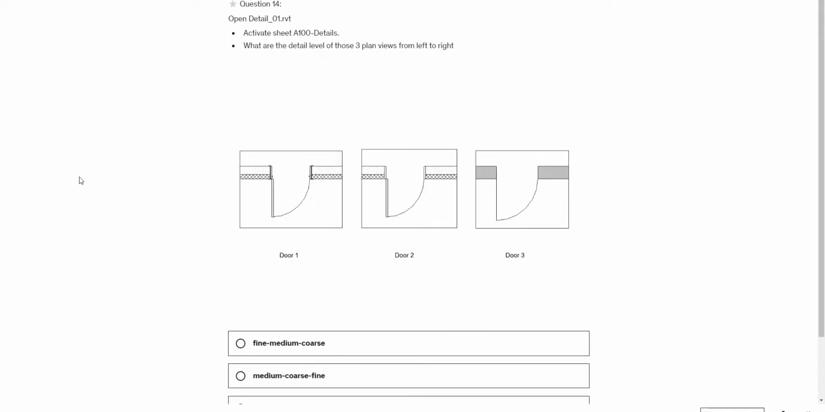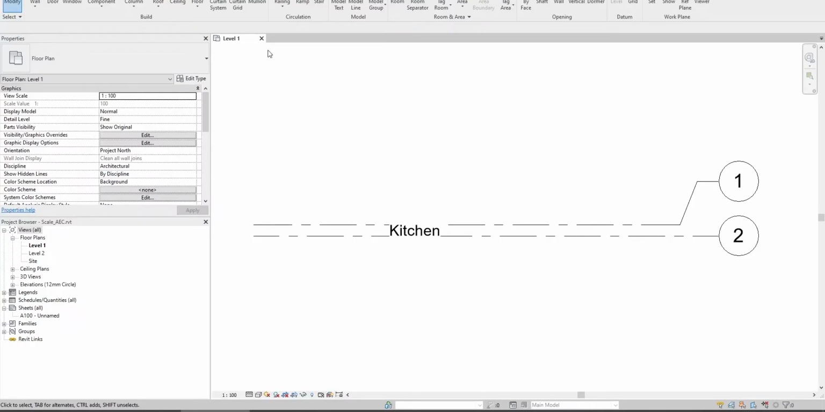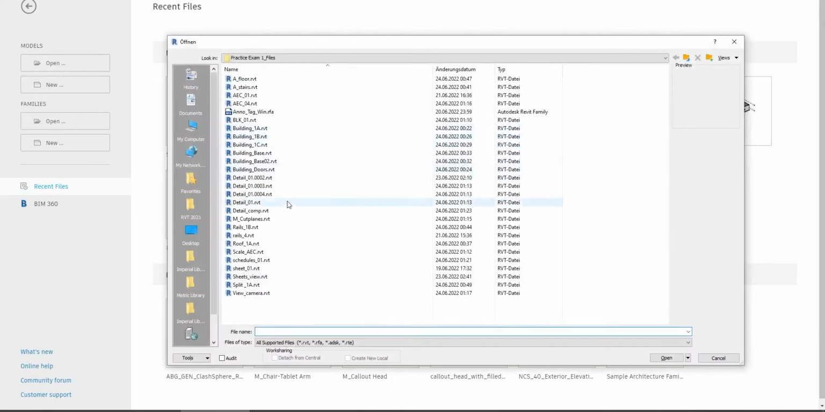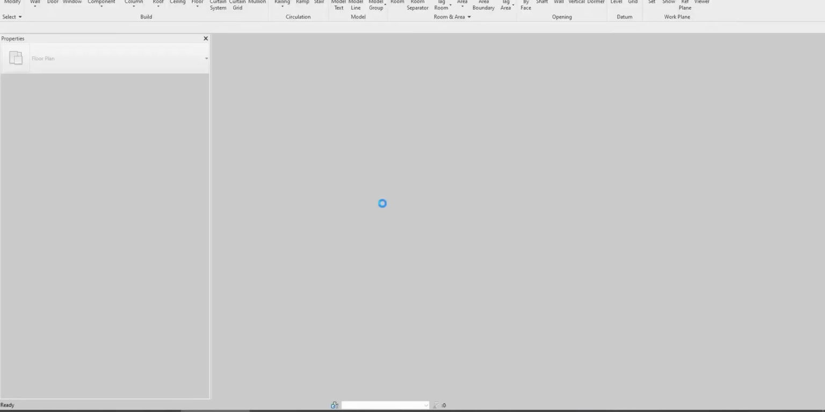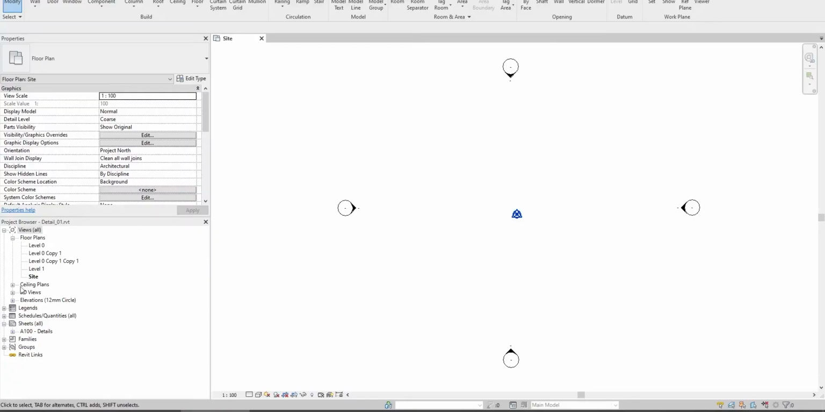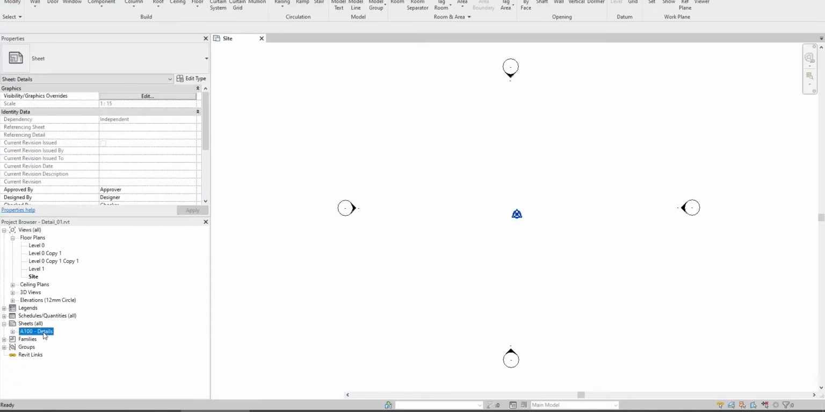Okay, next question. Open detail 01, activate sheet A100 details. So we will close this and we will open detail 01. Detail 01. And we should activate sheet A100. We will go to sheet A100